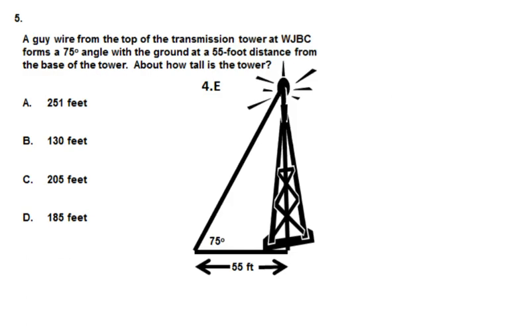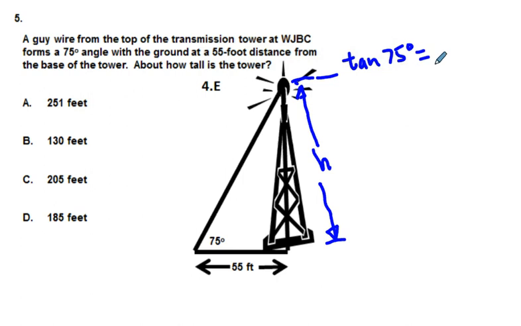Next, 5. A guy wire from the top of the transmission tower at WGBC forms a 75-degree angle. Here we have a drawing, and we're trying to find about the height of the tower. So this is back to our Chrysler building problem, pretty much, right? We have a height here. So we have tangent of this angle here, 75 degrees, is equal to our height over our adjacent side,